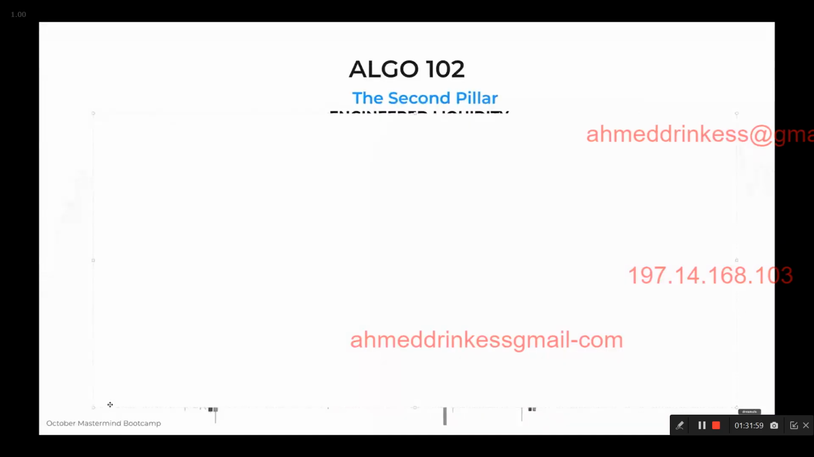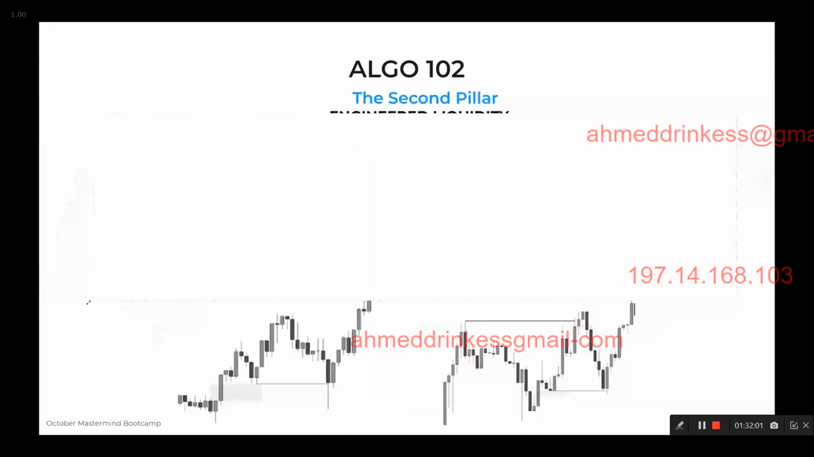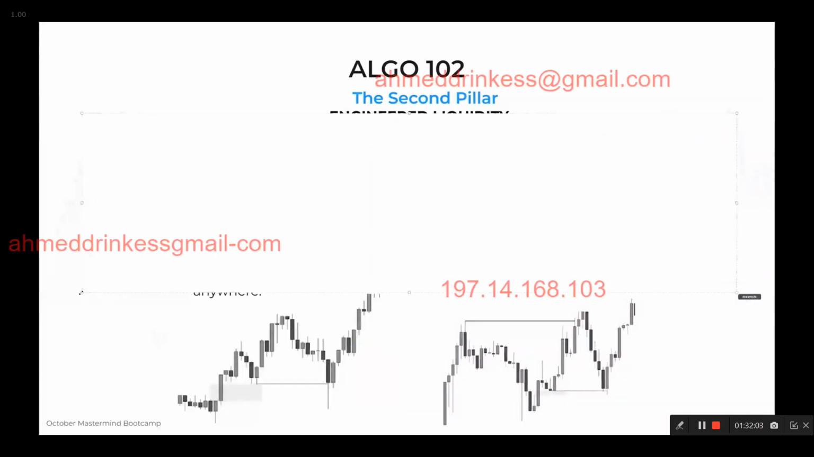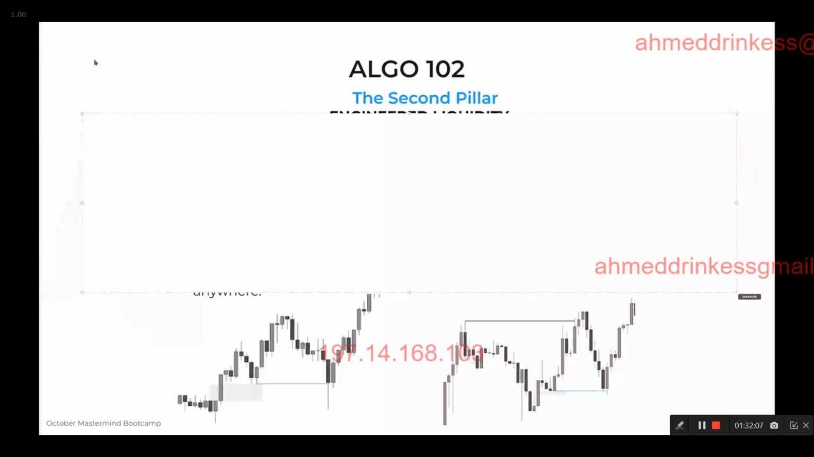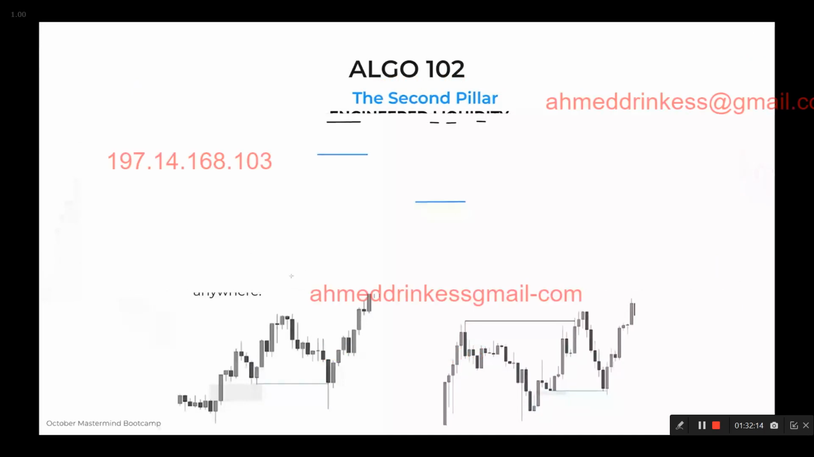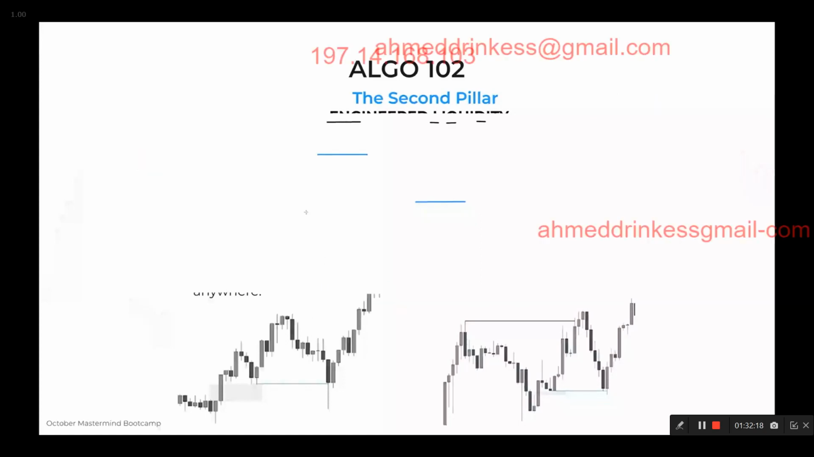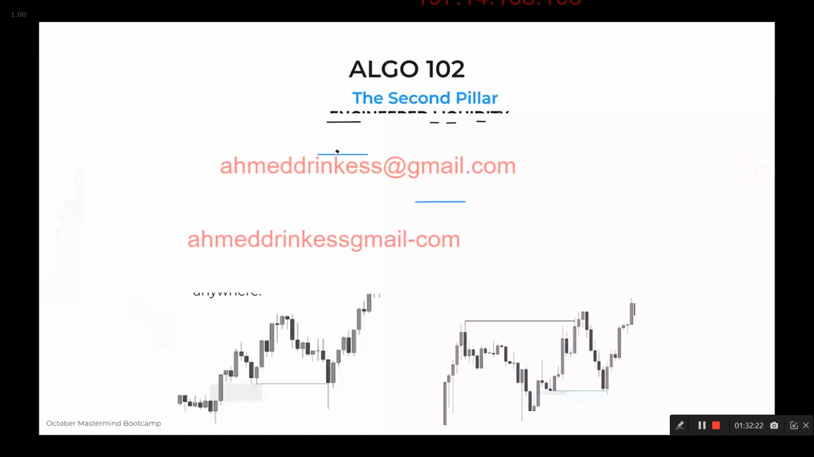Now let's look above. So what is engineered liquidity? Engineered liquidity is the first internal liquidity point that creates an external range. So when we are looking at it from this perspective here,